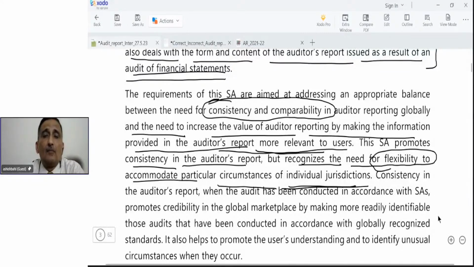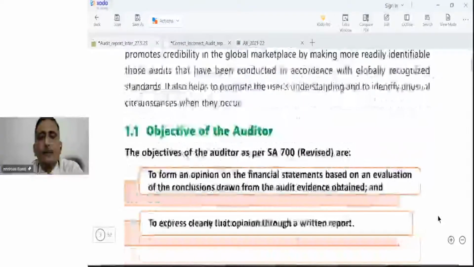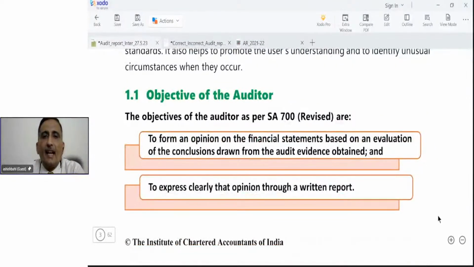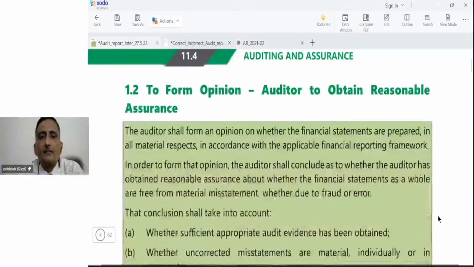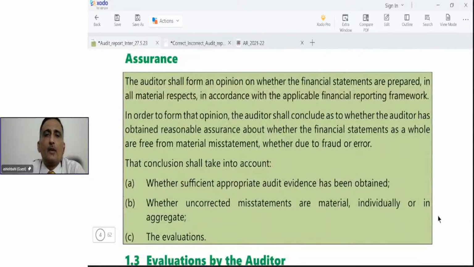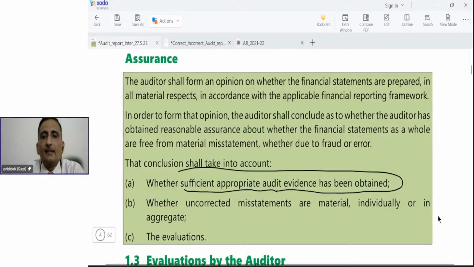And another thing is that users can better understand if the audit report is prepared in accordance with standards on auditing, then it also goes on to enhance users' understanding. Okay, guys. So again, the objectives of the auditor as per SA 700 are two. This we have already discussed. Now, students, we had discussed that the auditor has obtained audit evidence. He has obtained sufficient appropriate audit evidence. Now he will see whether